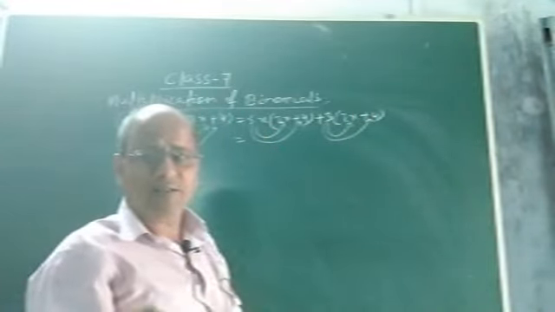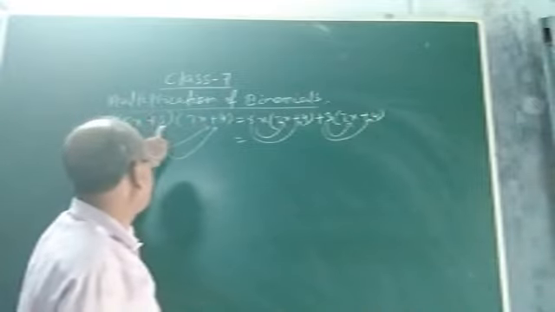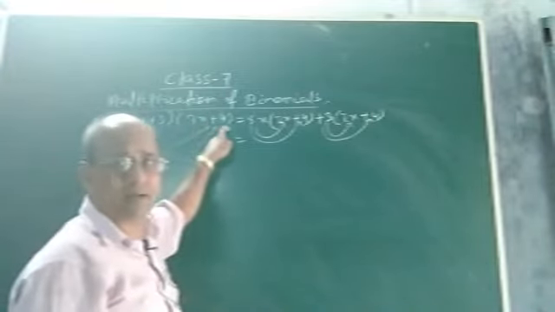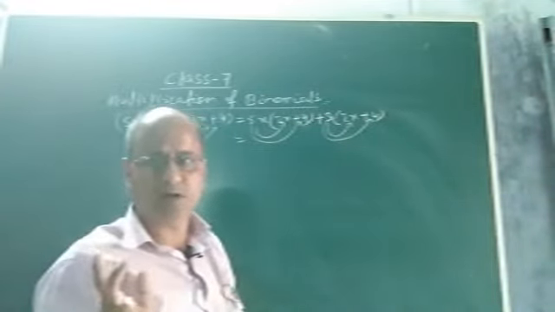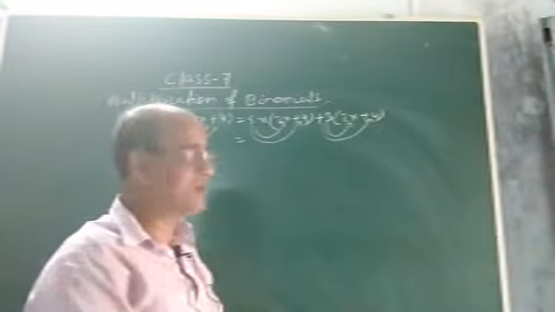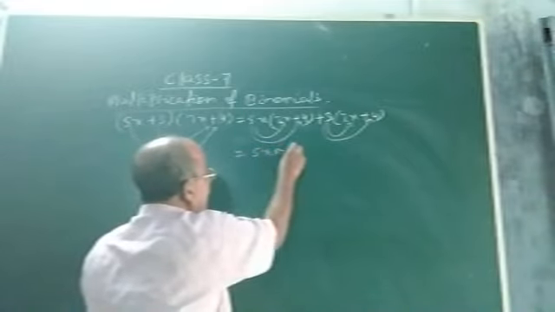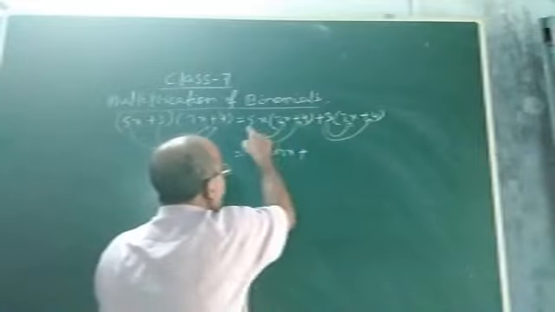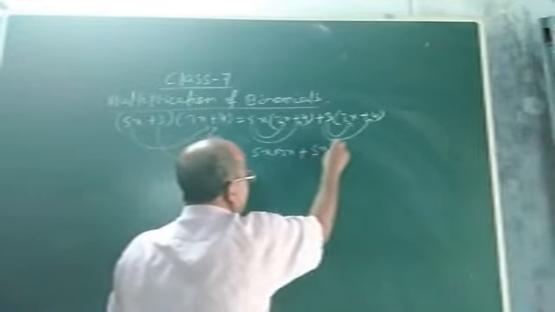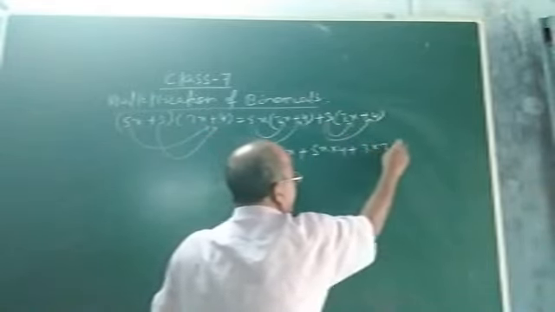Okay. So that means we can say in simple language, multiply the first term of the first binomial by the second binomial, then multiply the second term of the first binomial by the second binomial, and add the two products. Add the two products. That will give you the final product of the two binomials. See, so 5x into 2x, what will I write? I will write 5x into 2x. Then 5x is to be again multiplied by 4. 5x into 4. Then you see plus 3 into 2x.